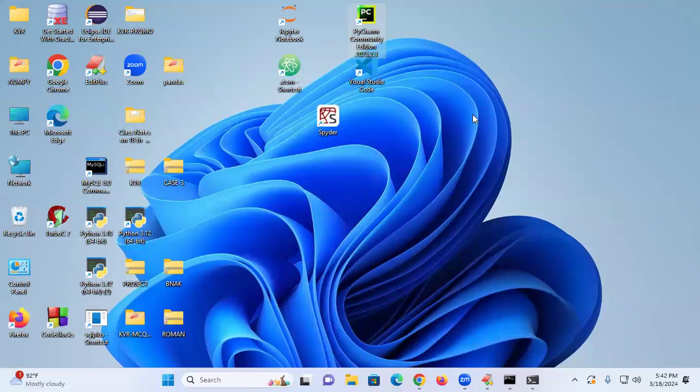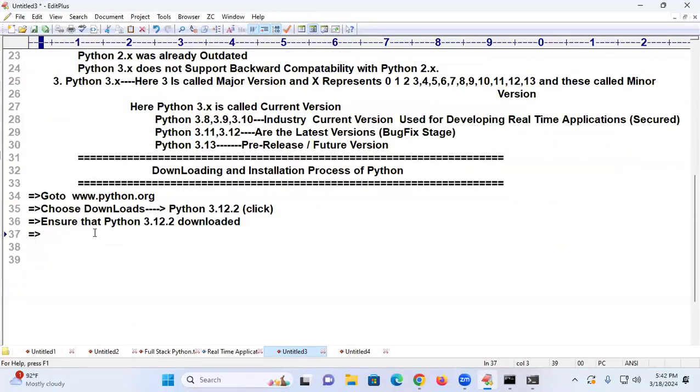Understand, students? Well, come to the point back. Now I'm going to conclude my sentences. Did you understand how to install? So click on where? Double click on the downloaded 3.12 installer.